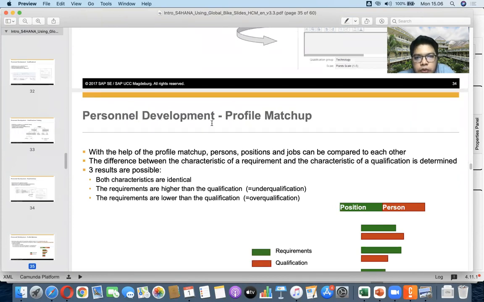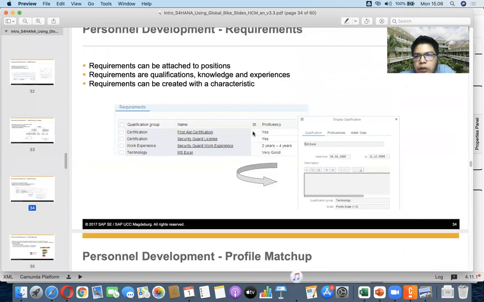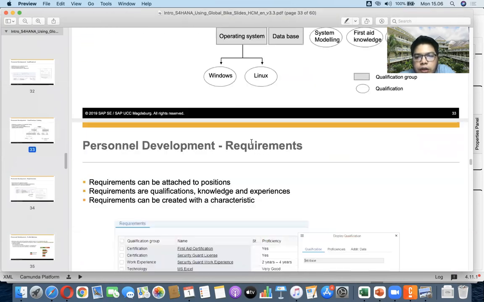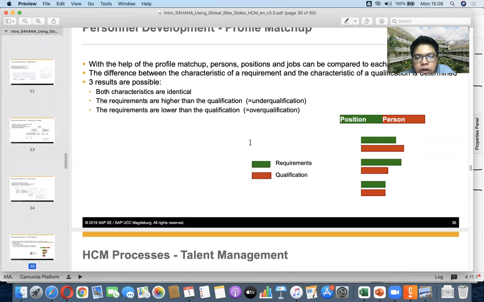And then in personnel development, we match the profile of the requirement and the qualification. If they are matched, it can have different results, right? Whether it's under qualification, over qualification, or match.